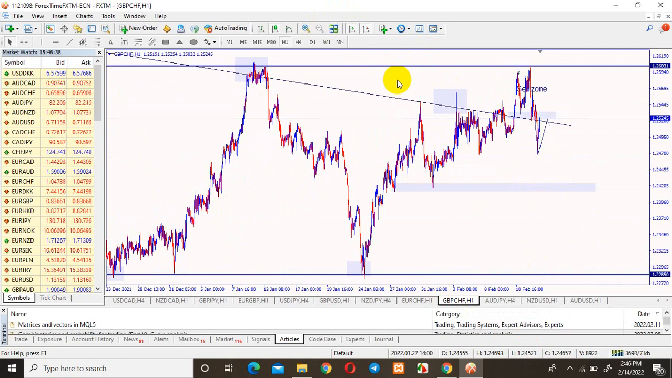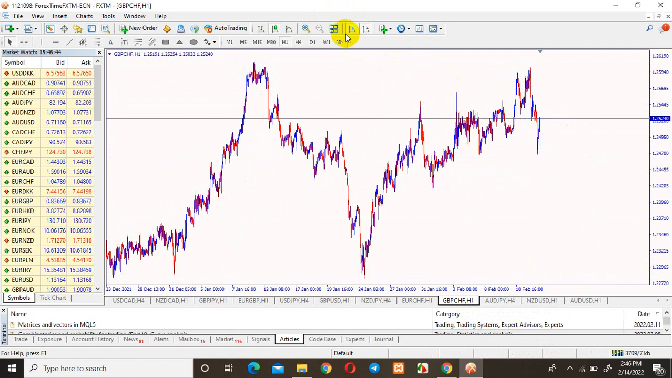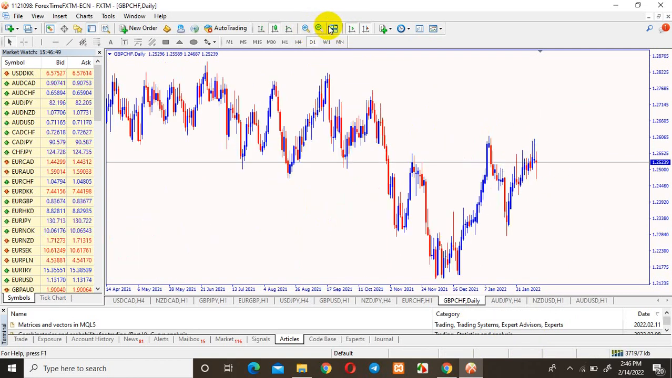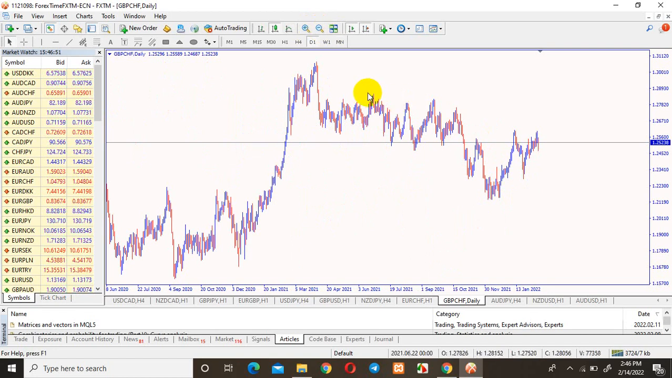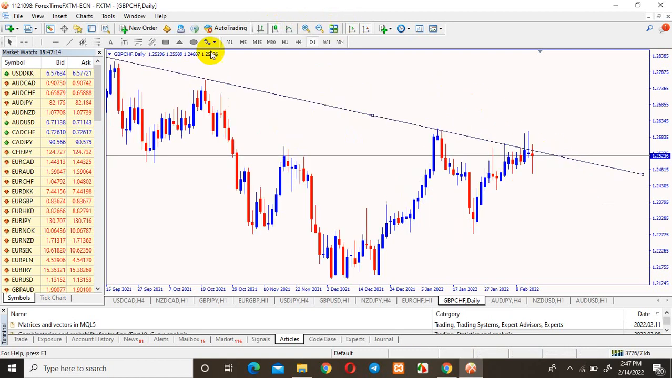Now, how did I come up with this? Let's see what we have on the chart. On GBP CHF, let's go to daily. Daily time frame. First, what to notice on the daily time frame is that we have a trend line that moves in this direction. We have another trend line that moves on this. So currently we are seeing the price on